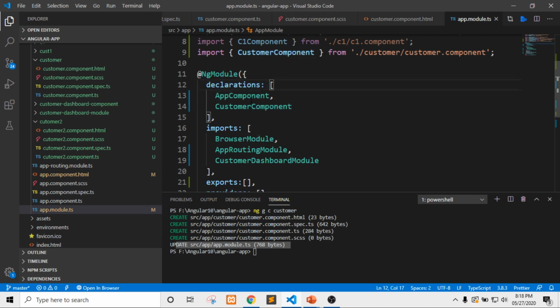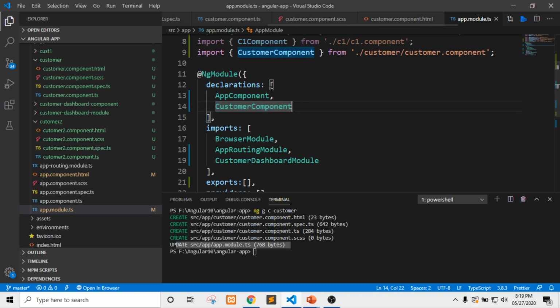This is an array. So this is a kind of dependency injection. Here we are injecting our customer component dependency so that it enables this customer component throughout the app module. Now we can use this customer component in different modules. So this is a very important step which we need to do.